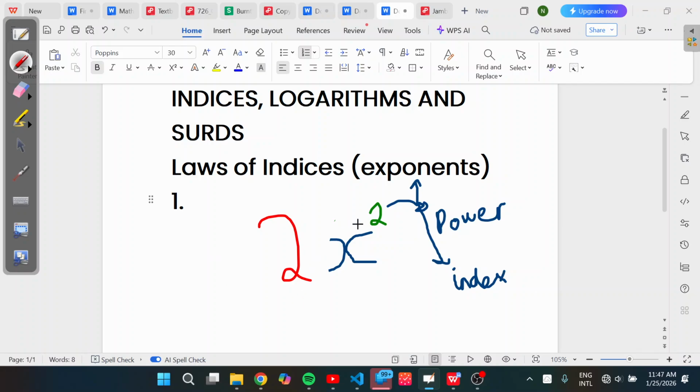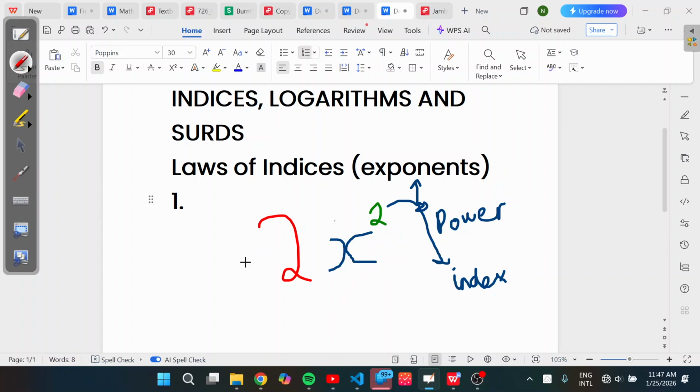So this little number that is floating here, we can also call it a superscript. This is it, as you get it in Word. So you can also refer to it as a superscript. So this number that is floating at the top right tells you how many times to multiply the variable by